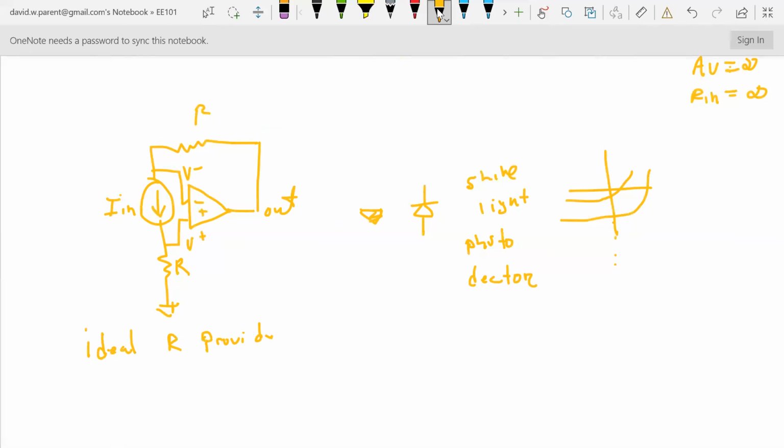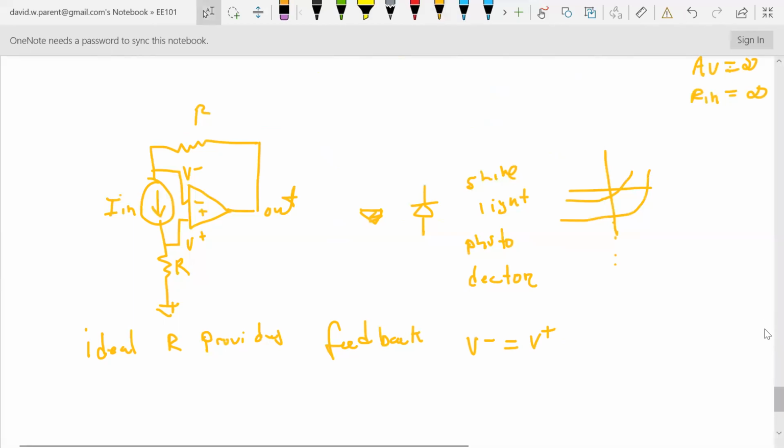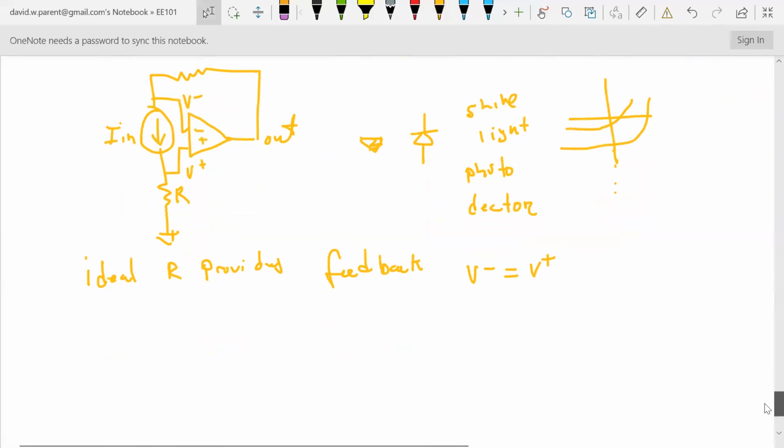R provides feedback. So V minus equals V plus. Now in this case, it just equals to each other. We don't really know. It's not tied to anything. But notice,